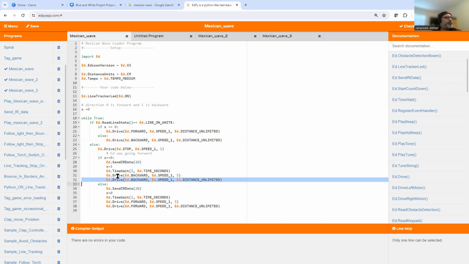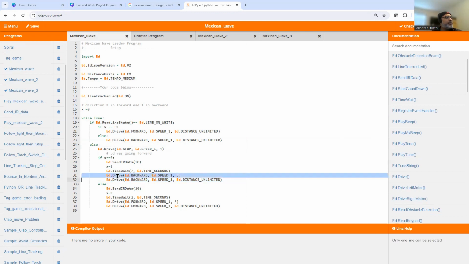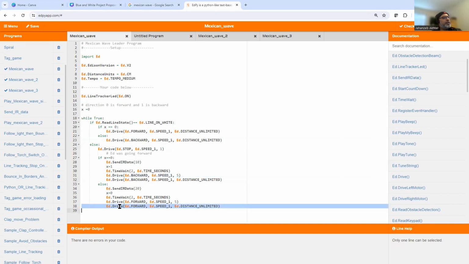So you may ask why I've done it this way, and I think this is more critical, so I'll leave it to the viewers to basically discover. Try to remove this line and see what happens. Similarly over here,